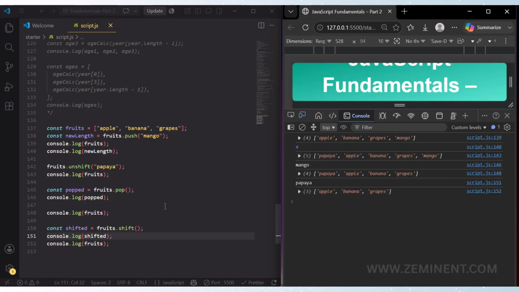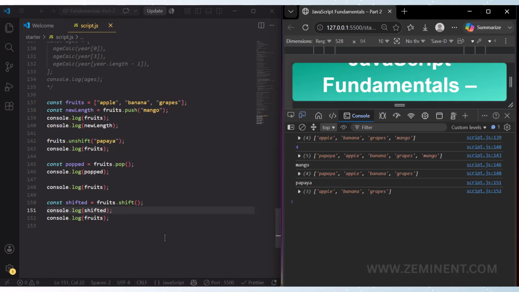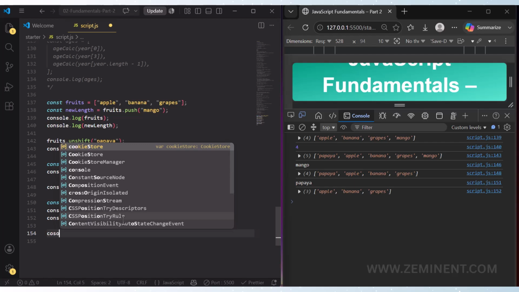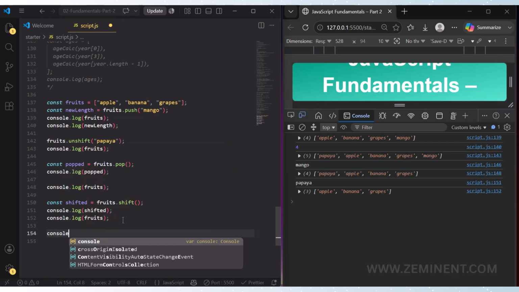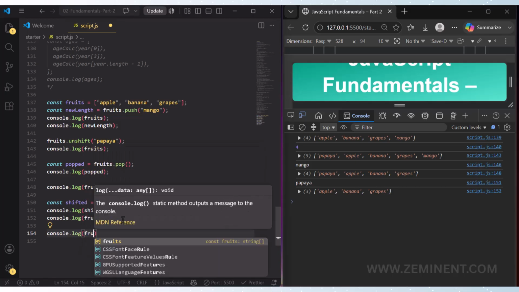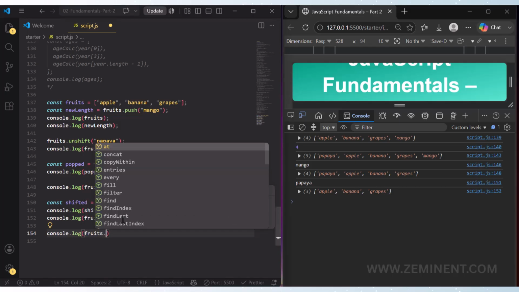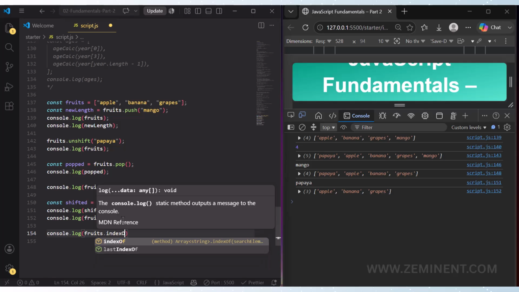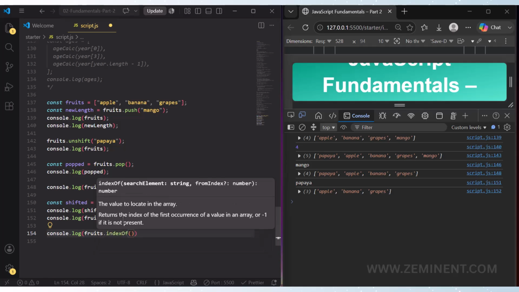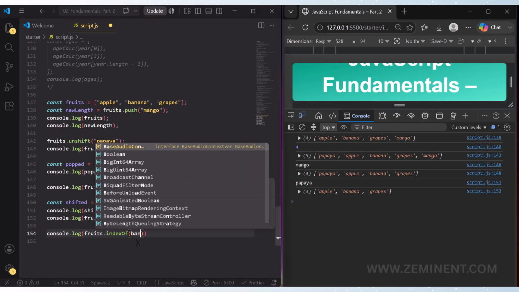Next there is a method that tells us in which position a certain element is in the array. For that, there is a method called indexOf, and now I am writing that. console.log fruits dot indexOf banana.